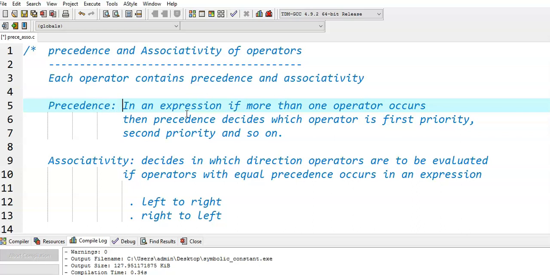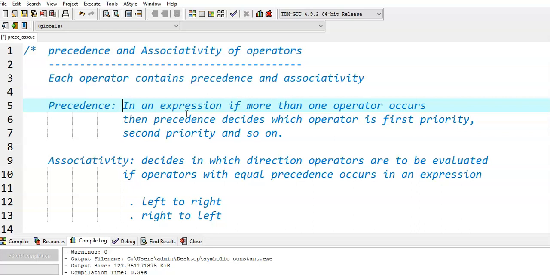Precedence means in an expression, if more than one operator occurs, then precedence decides which operator is executed first. That means which operator is given first priority and which operator is given second priority, and so on. So the order of execution and the priority of execution is decided by the precedence. So if more than one operator occurs in a particular expression, then precedence decides which one is executed first, second,